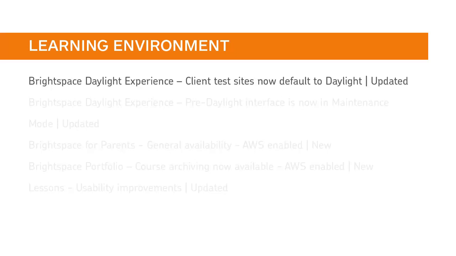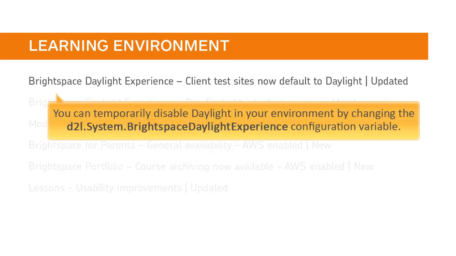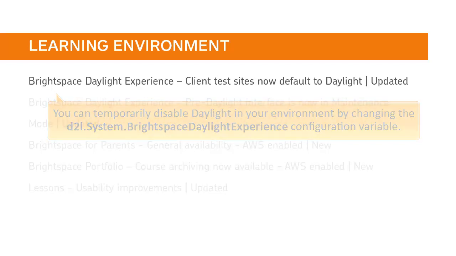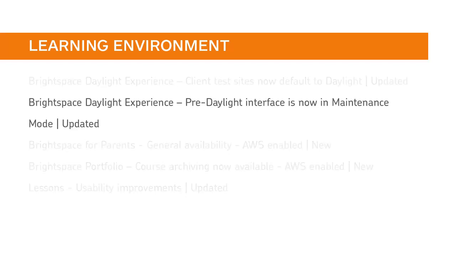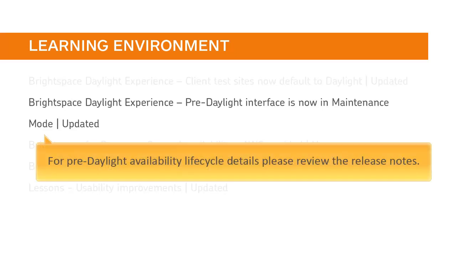Test sites will have daylight turned on by default in preparation for the August 2018 end of life for pre-daylight. You can temporarily disable daylight in your environment by changing the D2L, System, Brightspace Daylight Experience configuration variable. Also, in preparation for the August 2018 end of life for pre-daylight UI, the pre-daylight interface is now in maintenance mode. For pre-daylight availability lifecycle details, please review the release notes, which can be found by following the link in